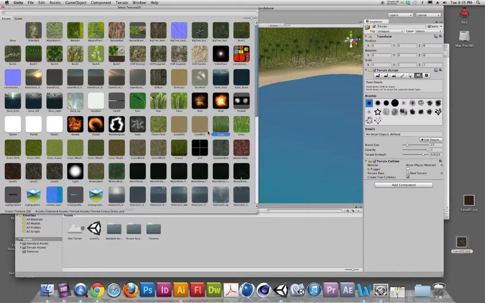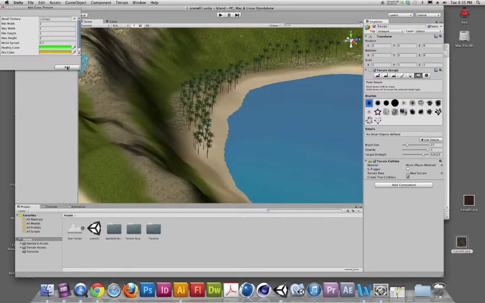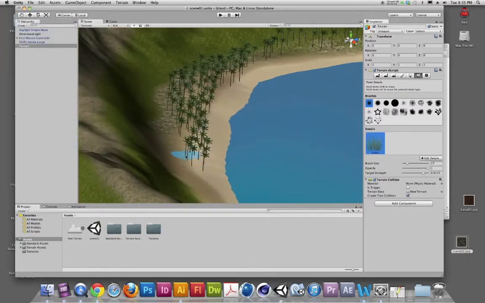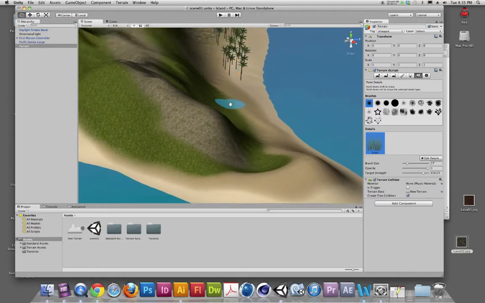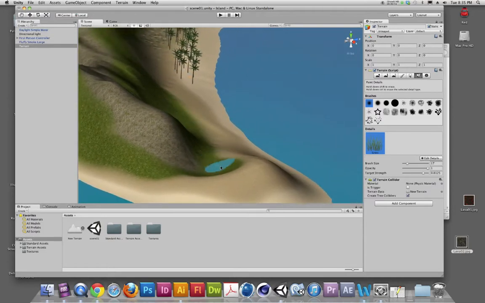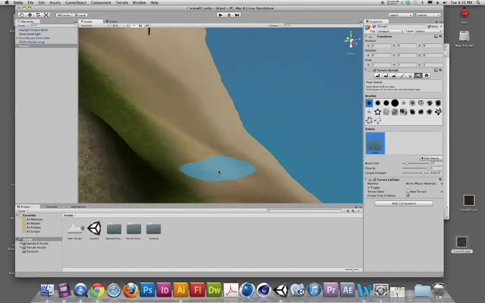And I'll just double-click to load this. I'll add that grass, and I'll move over a little bit. And what I can do is I can start to paint. Doesn't look like I'm doing anything, but as I zoom in,